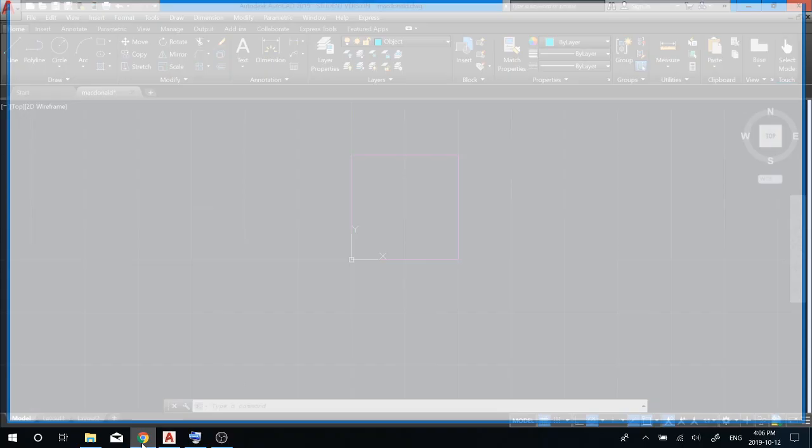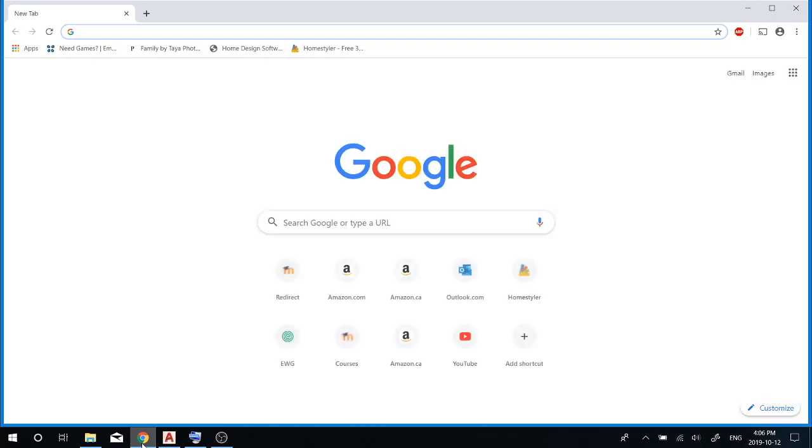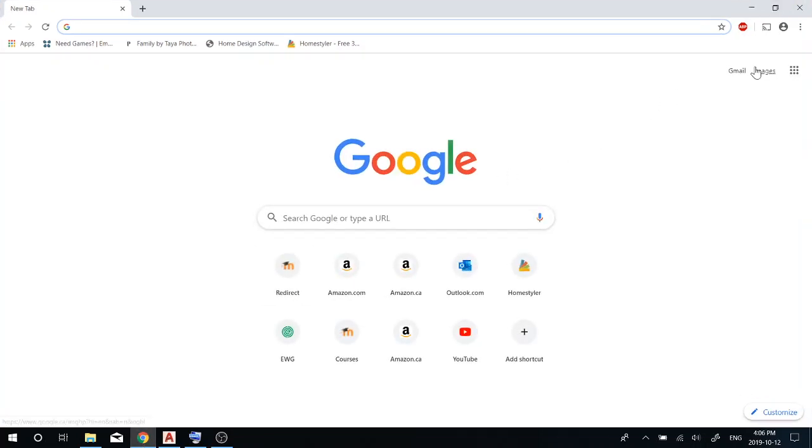So I'll go ahead and open Google Chrome. Let's maximize that for maximum efficiency. All right, now we're going to look up our image. There's a few things that make your image a lot easier to trace in AutoCAD, and I'm going to go over that right now. But it's just really important that I state